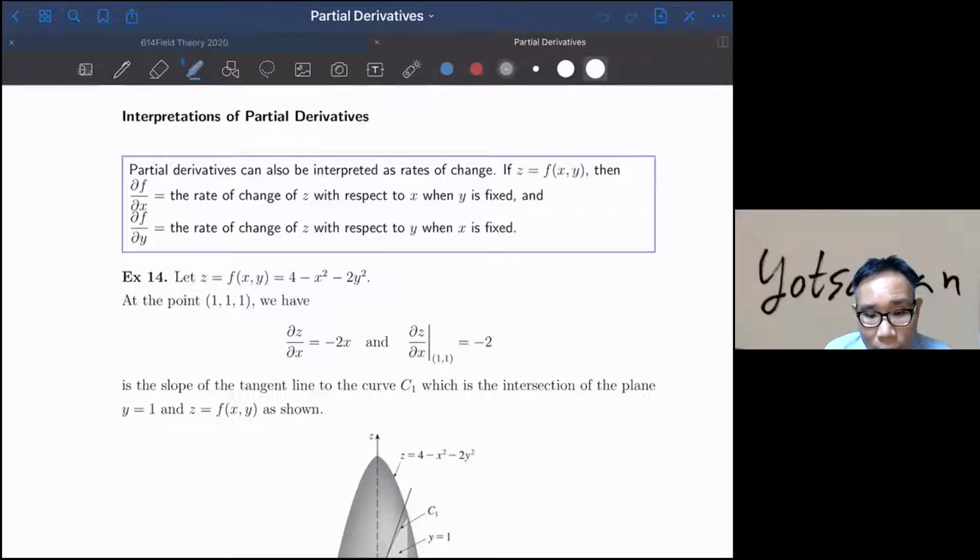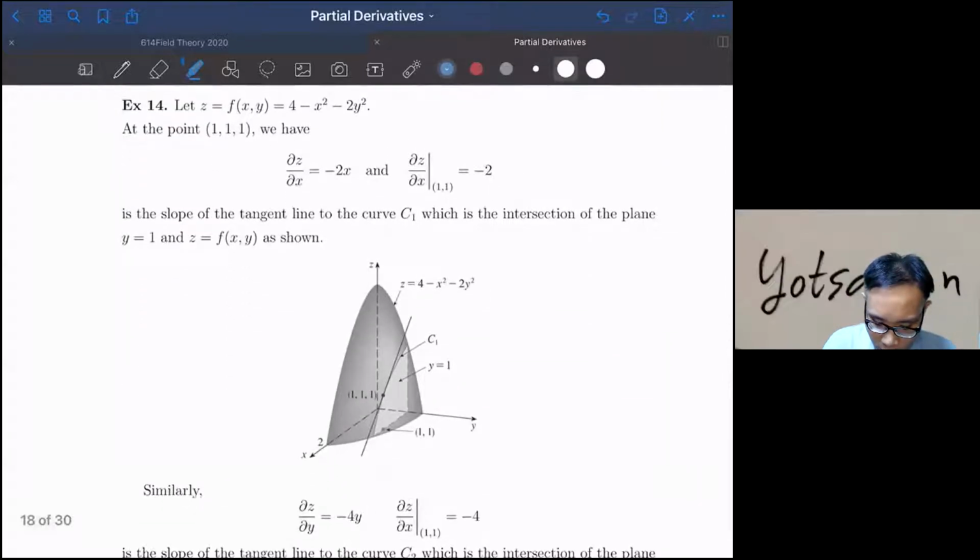The next topic that we're going to discuss is the interpretation of the partial derivative. Like I taught you earlier, when you differentiate with respect to x, you fix y. And when you differentiate with respect to y, you fix x. So the way that we're going to interpret the meaning of the partial derivative will be in the way that you